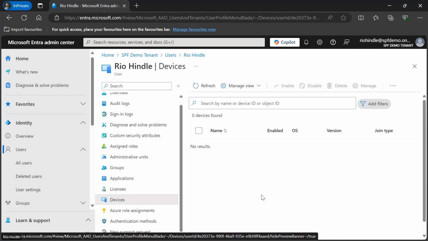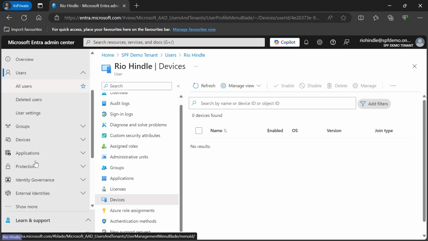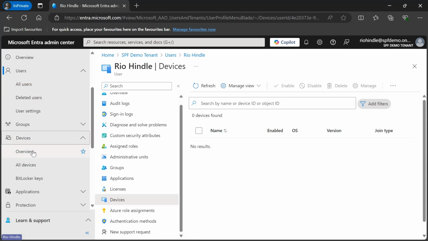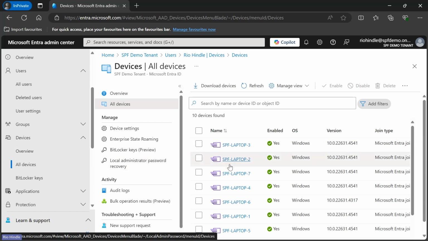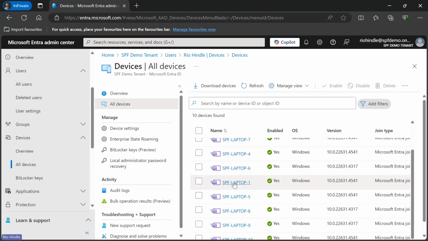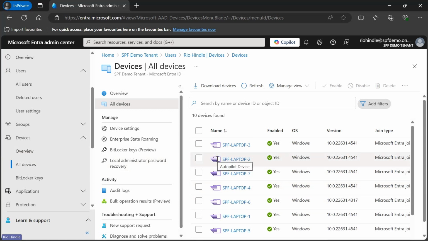Devices. This is where we can see whether or not my user has a device. So this user doesn't necessarily have a device, but if I was to go into devices over here and click all devices and scroll out slightly, you can see I've got a whole list of devices here enrolled through what we like to call Windows Autopilot. The way we distinguish that it's a Windows Autopilot device is that it's got a purple symbol rather than a blue symbol,